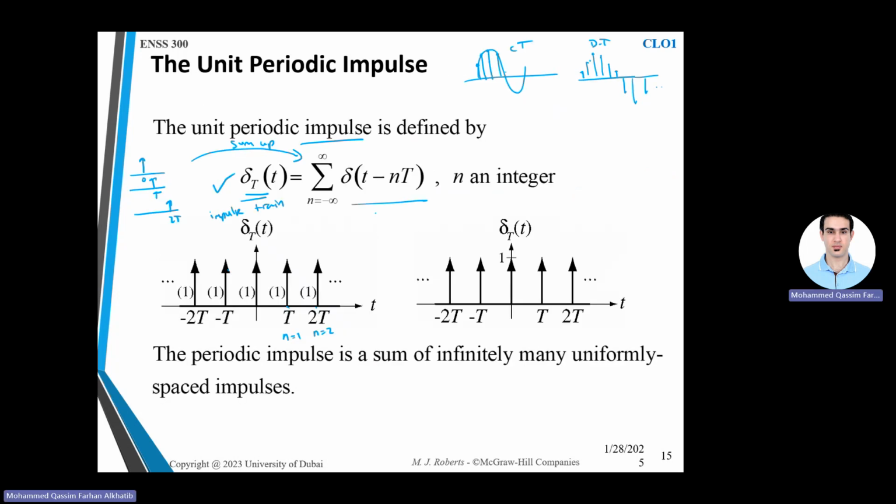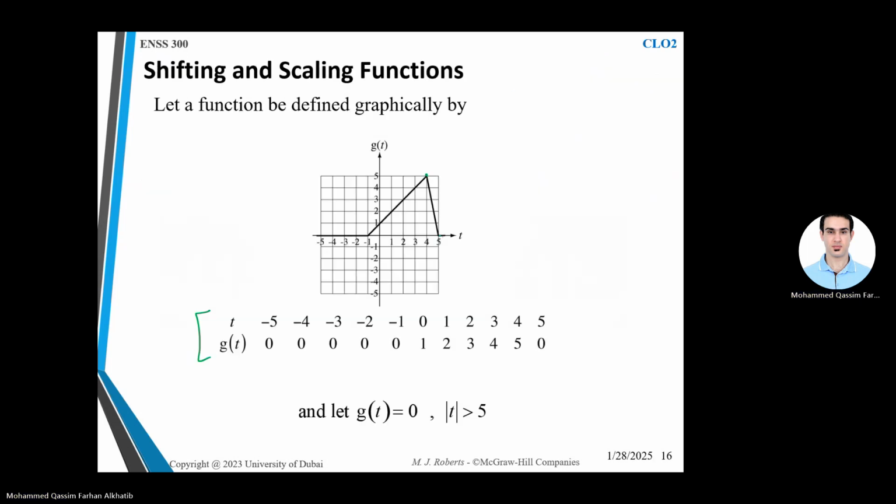The periodic impulse is actually how you do the sampling. You have the delta train, the summation of delta of t minus nT. That's your sampling, and you just have multiple shifted versions of delta separated by T. Again, let's not worry about it; we don't usually do it a lot in the course. All right, now let's talk about